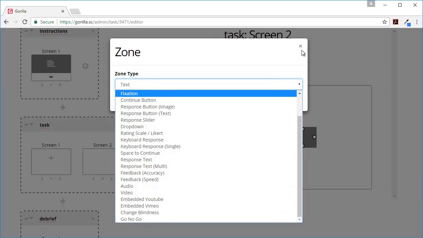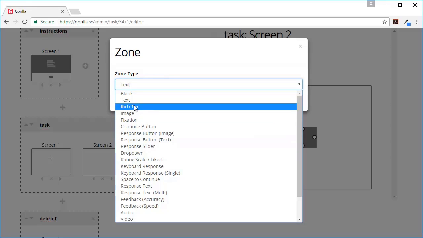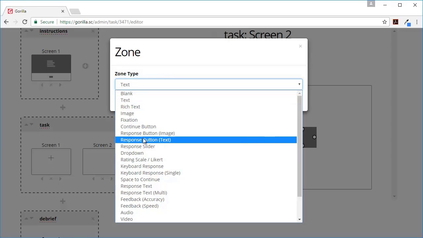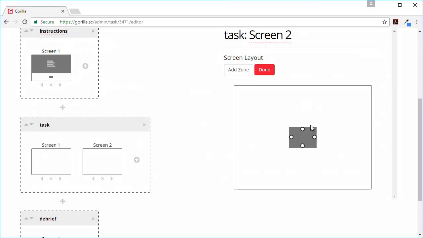All sorts of different zones, but today we're going to fix on two simple ones, text and response button text. That will do for where I'm going to show the text, and then I'm also going to need some response buttons.